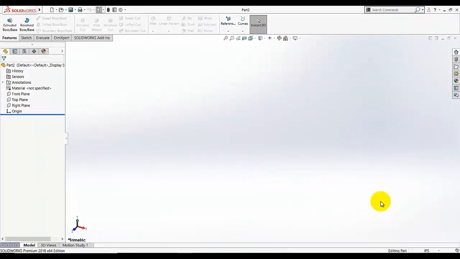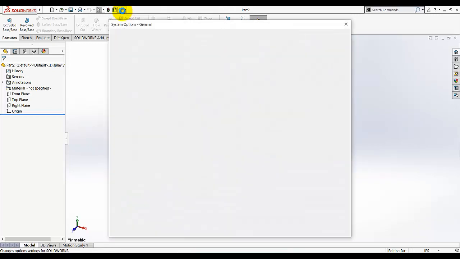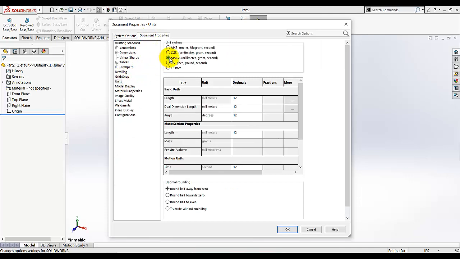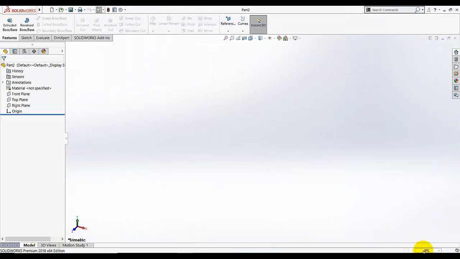The units are in inches. Make sure the units are selected in inches, IPS inches. We are good. If units are not in inches, you just need to go here on option. You can also select the units from here and just make sure in millimeter or other you want, or you can also do it by going to change it from here. But if you want to change it from the status bar, you needed to change it before beginning your model. So go to sketch,